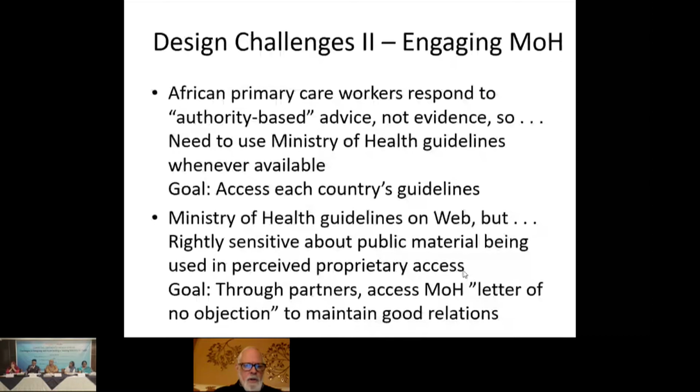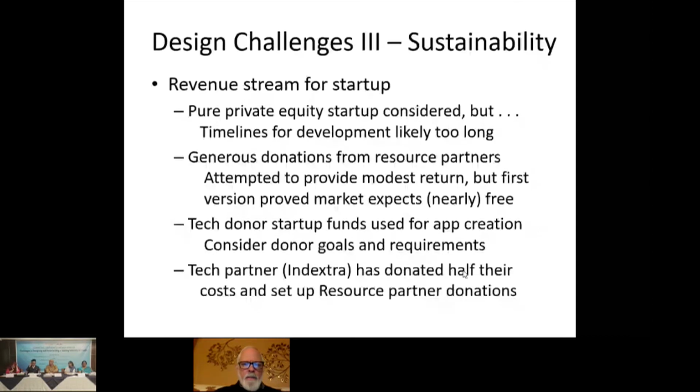Another design challenge is sustainability. How do we sustain efforts like this? So the revenue stream for our startup could have been a pure private equity type investment, but we expected, and in fact have noticed, that the timelines for development are very long, and therefore it is very difficult to expect investors to see return quickly enough for them to want to engage. So we have used generous donations from resource partners,